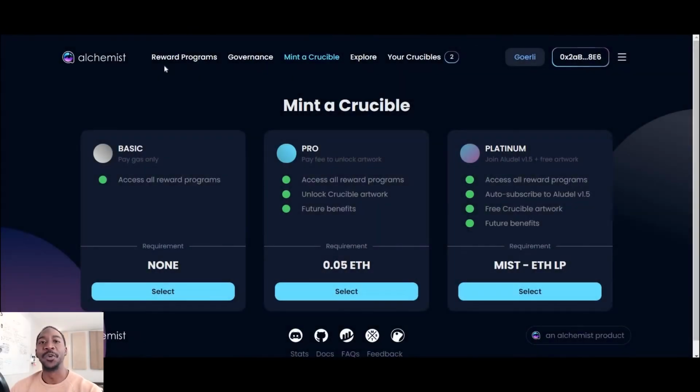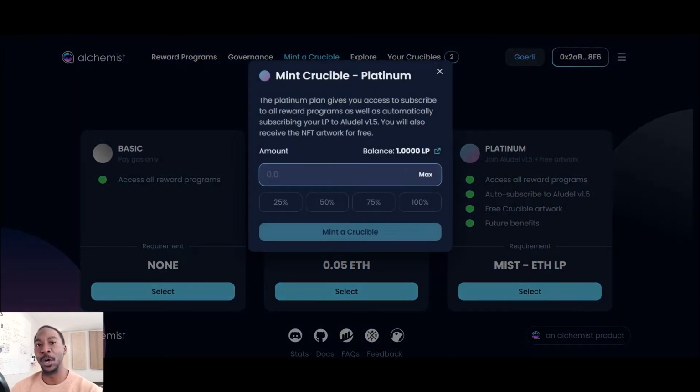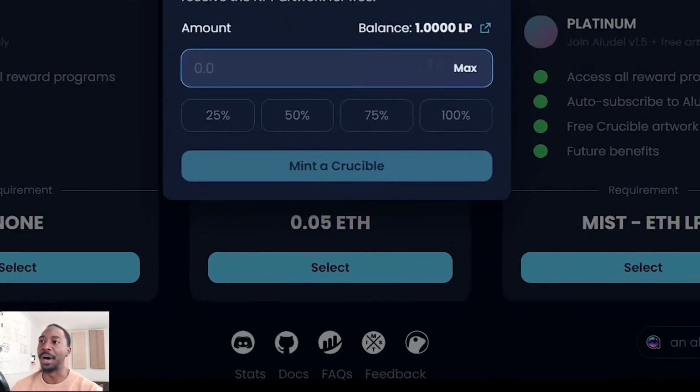So let's create your Platinum Crucible. So click on Mint a Crucible and then select underneath Platinum. Now before you do this, you're going to need to provide Mist ETH LP tokens. For that, you're going to need Mist and ETH. So if you don't have one of those two or you need more, I'd recommend you go to the bottom